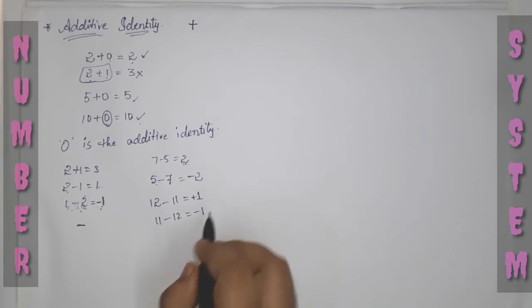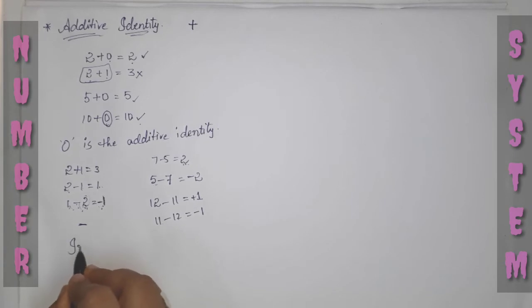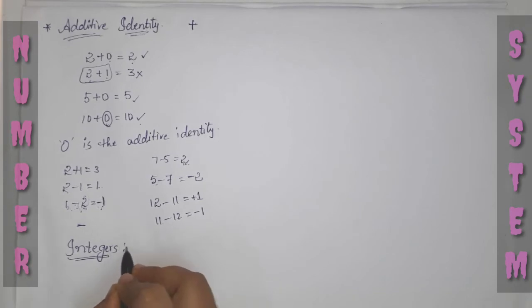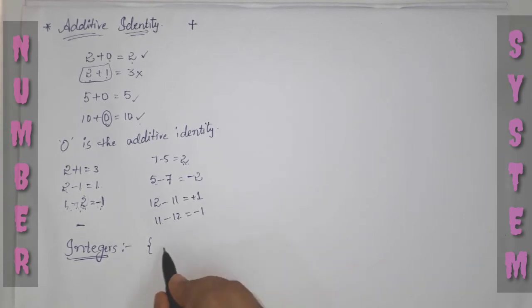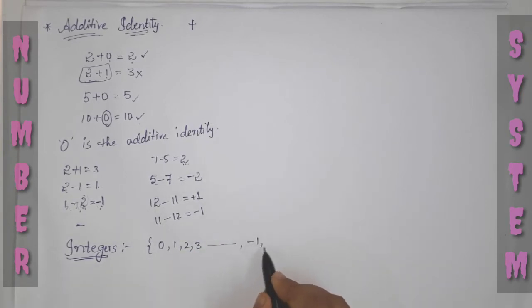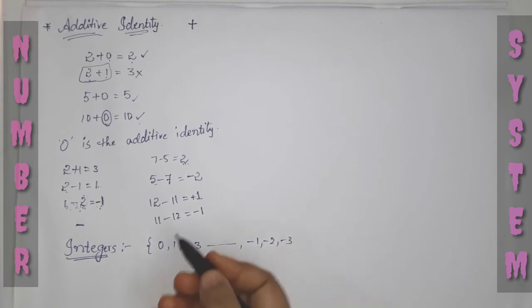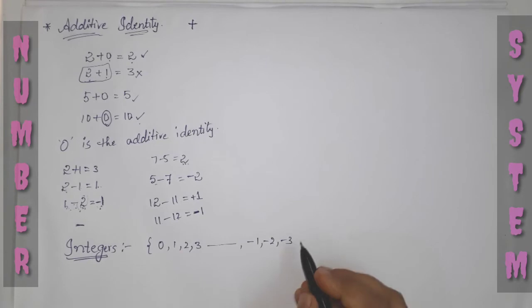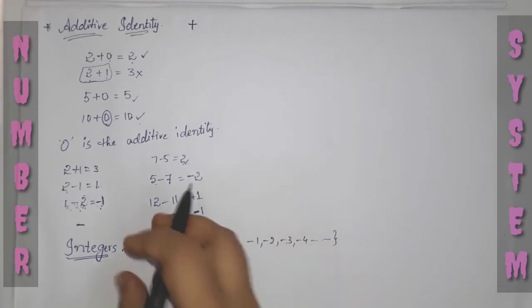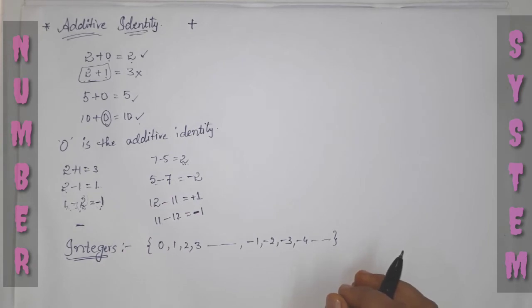So they found negative numbers, no. For that they kept a name. What is that? Integers. In these integers, which type of numbers will we have? Now only we said, what are those? 0, 1, 2, 3, 4. These are all the whole numbers. Along with whole numbers, if you take negative numbers, tagging a minus on those numbers, we call them negative numbers. Whatever numbers you take, positive, negative, along with 0, those numbers are called integers.